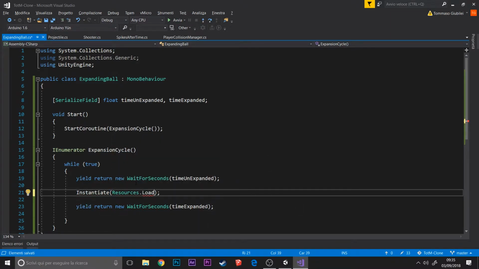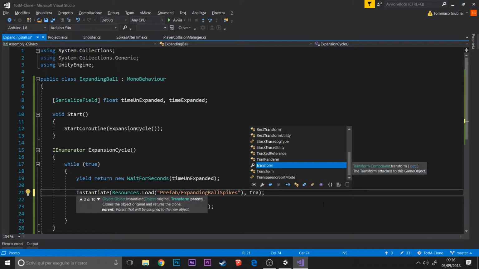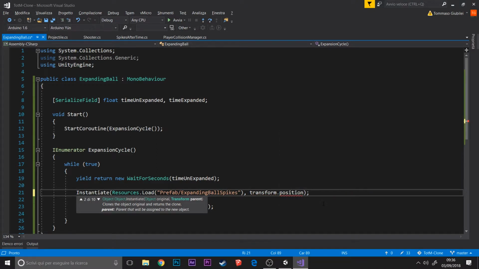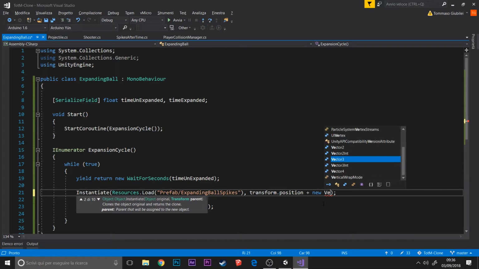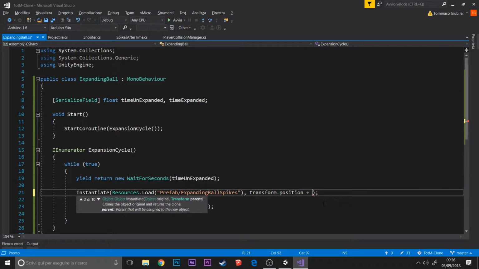The spines, for textual reasons, I named expanding ball spikes. Otherwise I would have put only spikes, but that will not fit later when we do the art for the game. So we instantiate